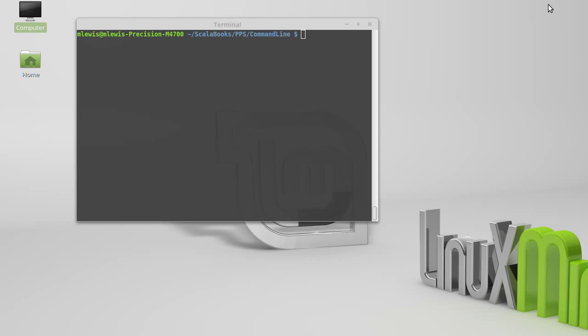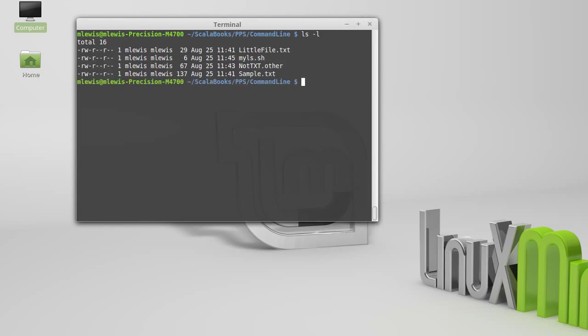One of the things that's typically helpful to be able to do is to actually see the contents of a file. So we need to know some of the commands for viewing the contents of files. We saw that the directory we're in has these 4 files in it, and what if I want to look at them? Well, there are a few commands for doing this, the simplest of which is just called cat, short